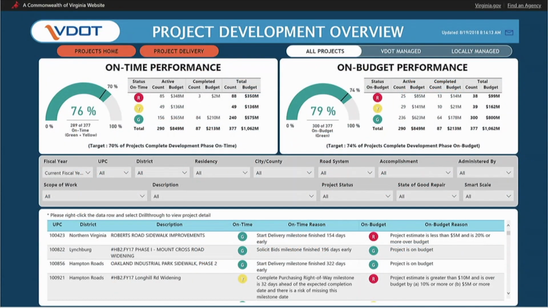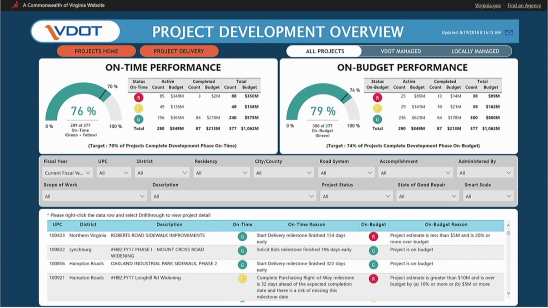Let's see, going through here. So this is a detailed view. As you can tell, there is a lot of information on this screen. Why is there a lot of information on this screen? Because this is the feedback we got, and I'll show you what we had before in another slide or two. From our Smart Scale dashboard, we tried to come up with something that was more, I guess, phone friendly. And the feedback we got was that no, we really need information. So we actually have more information on the screen per real estate than we've had in the past. You can see it's a little busy to read at first, but once you get used to it,